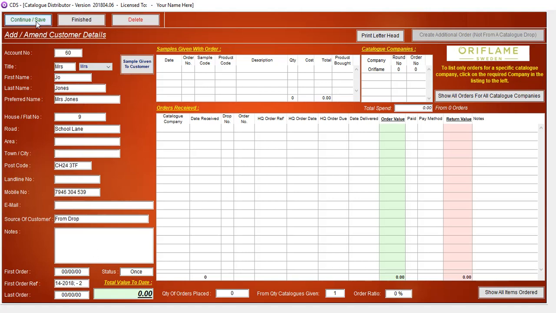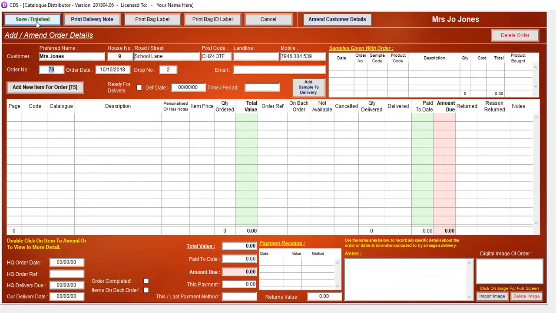I click Continue Save, and then the system will take me straight away to create an order for Mrs. Joe Jones. So it's the order number, it takes the next sequential order number, the order date on the relevant drop that we made for that. So I now need to enter in the items, so we can say the item for the order. We click on that,